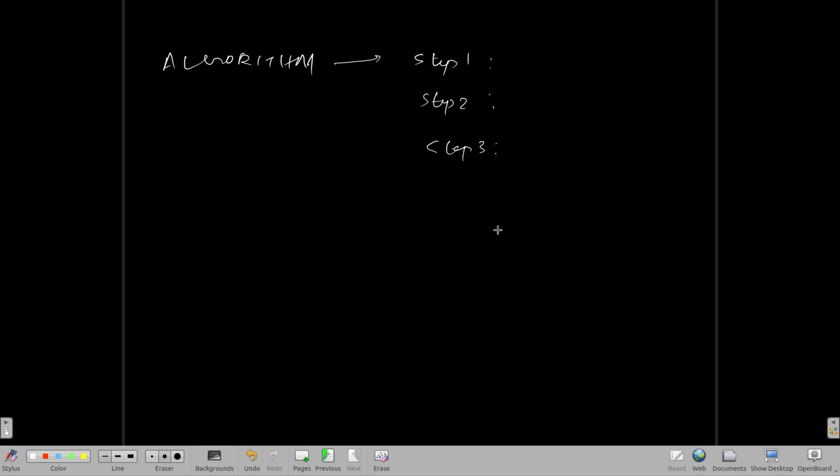You can write step by step, or you can use what is called a pseudocode. That is basically something a little bit similar to some programming language. For example, in these different steps you may be writing